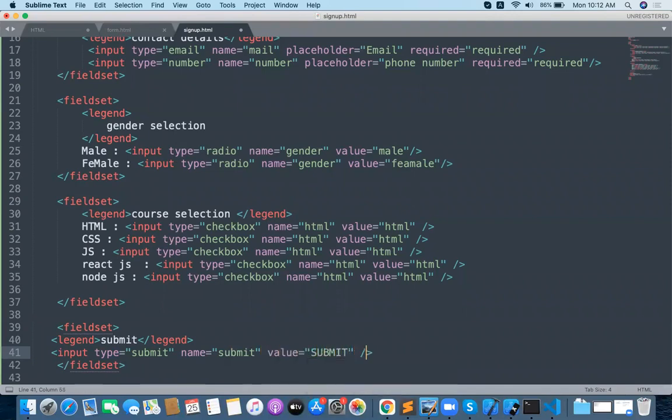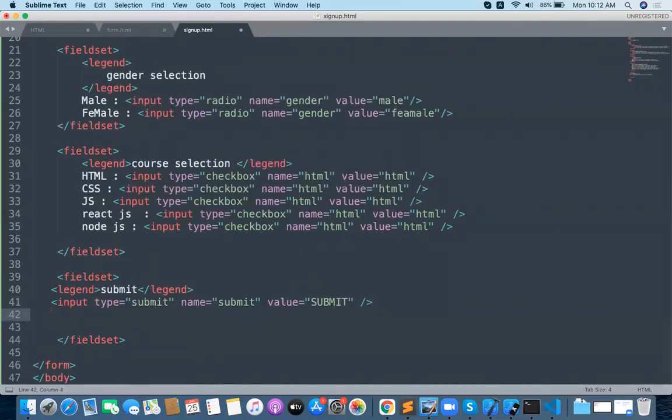This value is going to be showing on the top of that, and he can reset also here. Input type reset, and the name reset, and finally value will be reset only. Yeah, try to execute it.